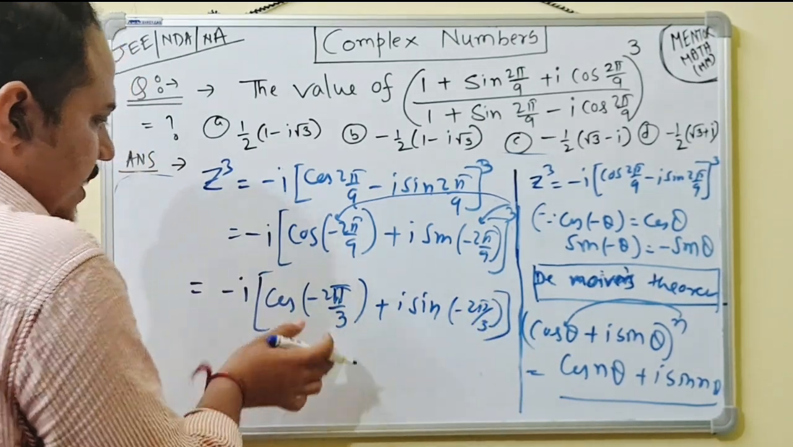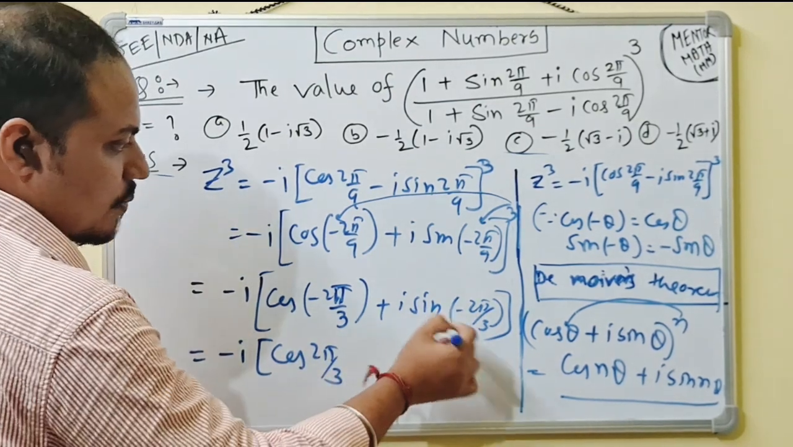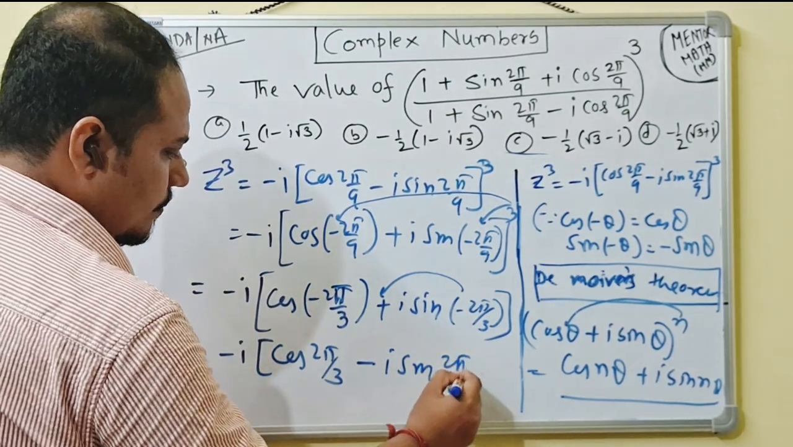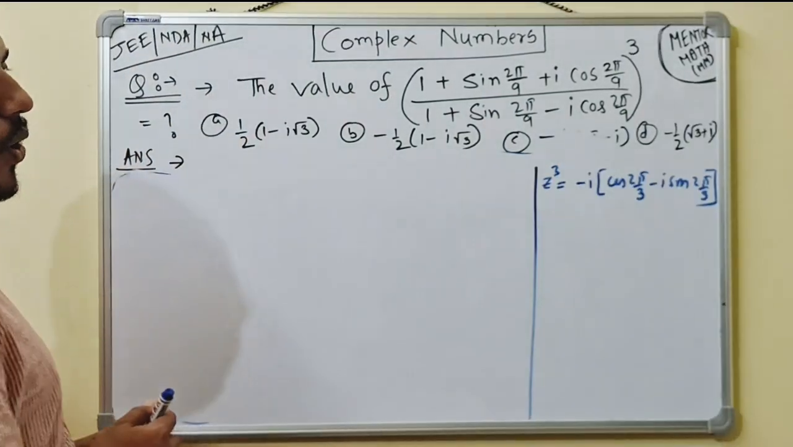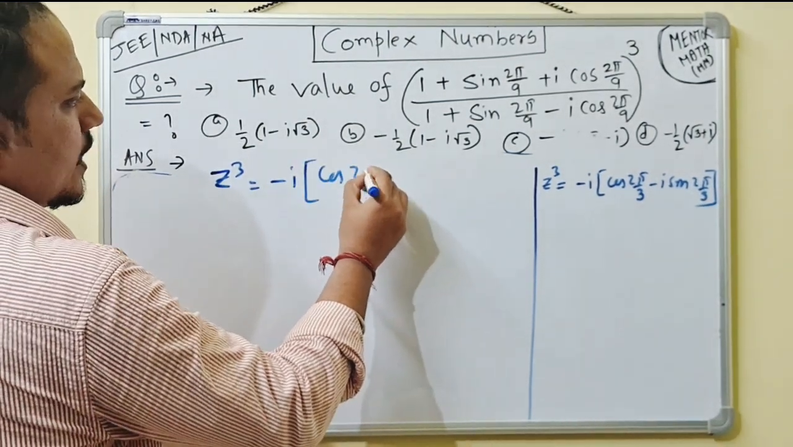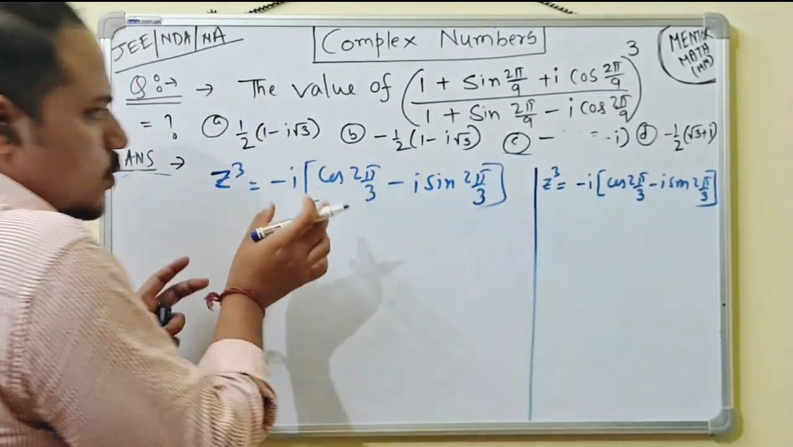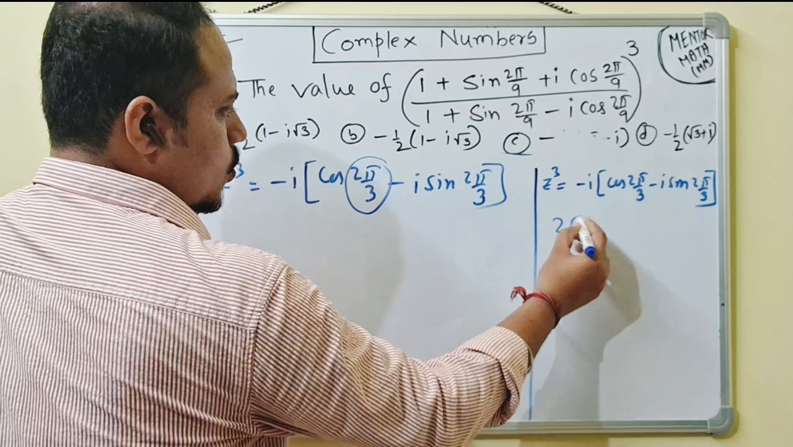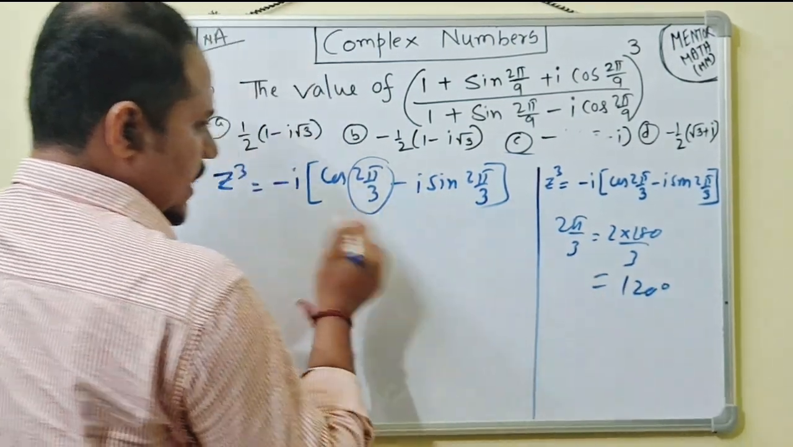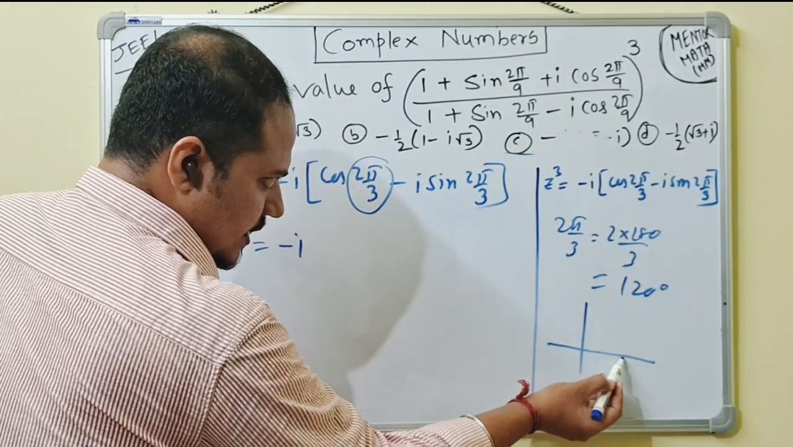Okay, now you know that again cos of minus theta is your cos theta, so you get 2 pi by 3, and sine of minus theta is equal to minus sine theta, so that is minus I sine 2 pi by 3. Okay, now you got z cube is equal to minus I cos 2 pi by 3 minus I sine 2 pi by 3. And you know that 2 pi by 3 means 2 into 180 by 3, that gives your 120 degree. And cos 120, you know how you can find in your class 11, that you can take